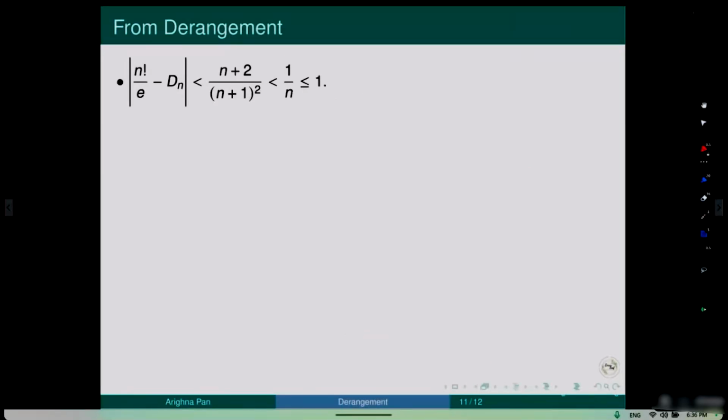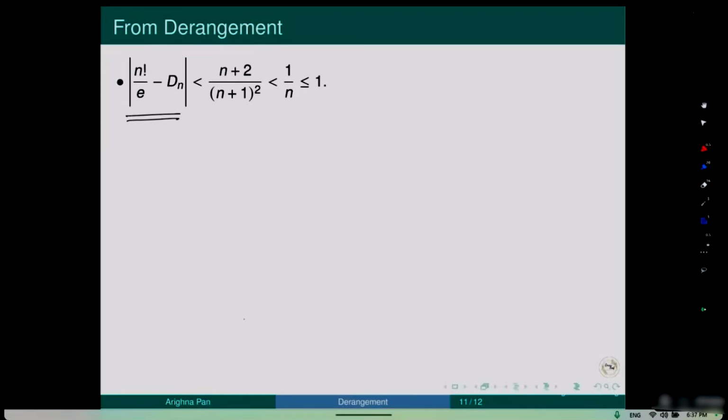So from this, why should we have that thing, D_n over n factorial? Sorry, P_n. If you take the limit, it converges to 1 by e. So from the derangement number we can derive this in this way. It is very easy to derive. Like if you take this